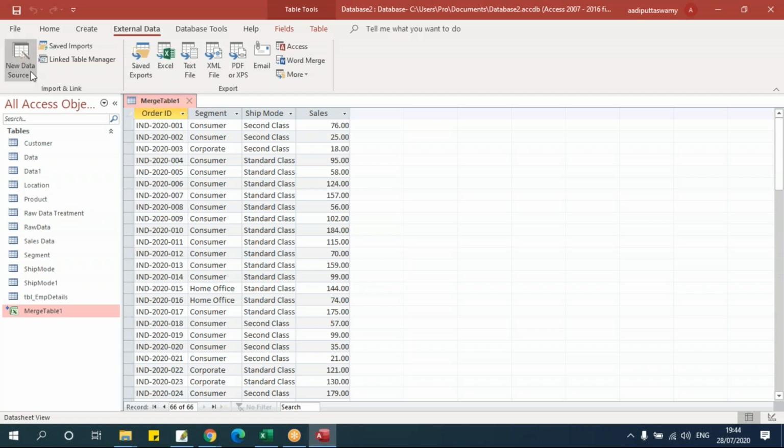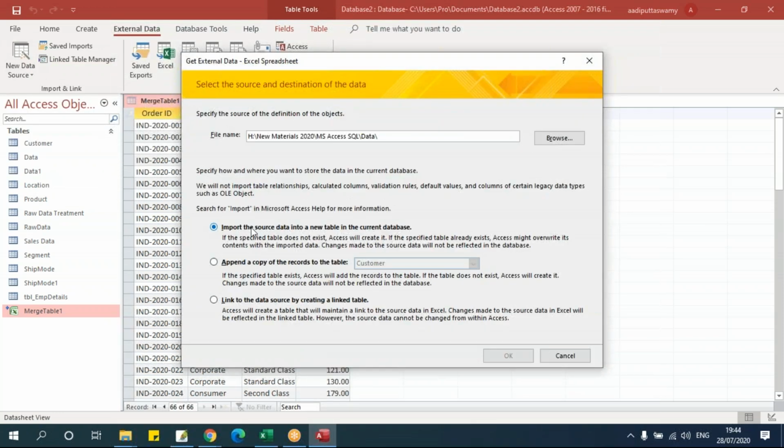The first one, when I say this one, is to import the data as a separate table. This will create a new table. Append will add the data from a new worksheet, or from new data, to the existing table in Access that we already have.